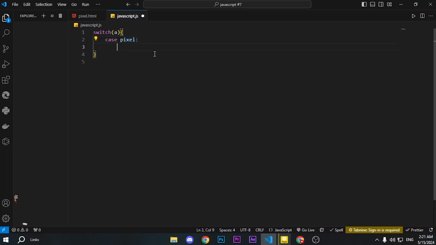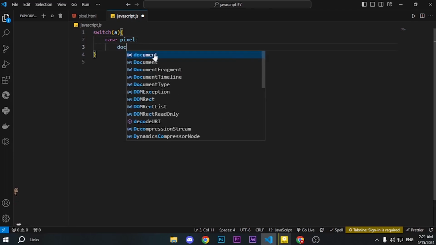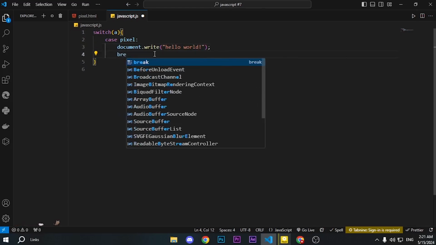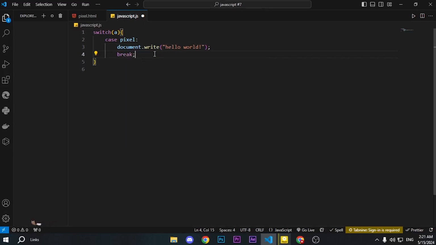The last 2 episodes were about conditions, where I talked about if and else, and also switch, whose structure I'll show you real quick. It starts with writing switch, then any variable you want to check, then there's case, which is actually our if, and the action it would do based on the case. You also know that after every case, you need to write break in order to be able to use another